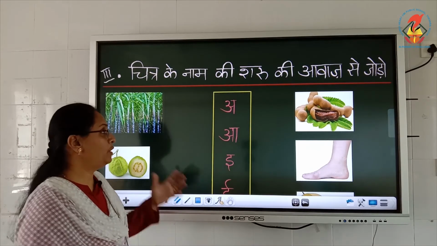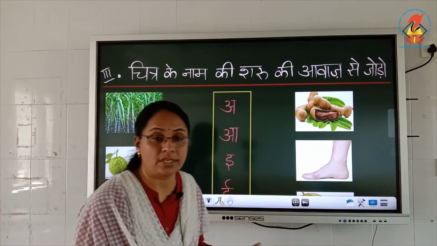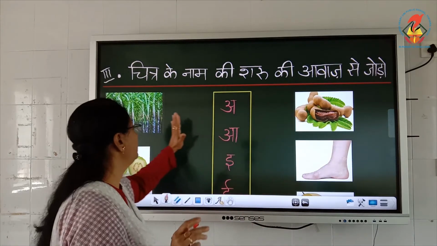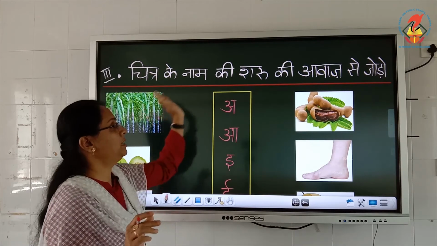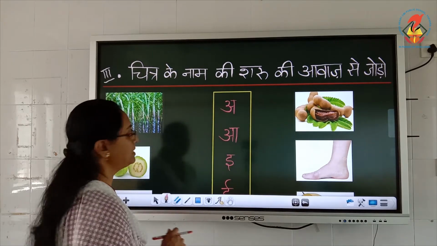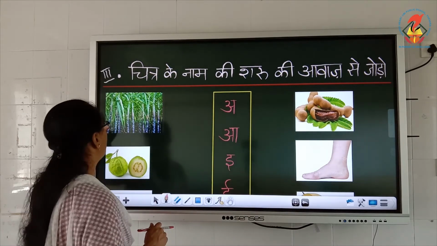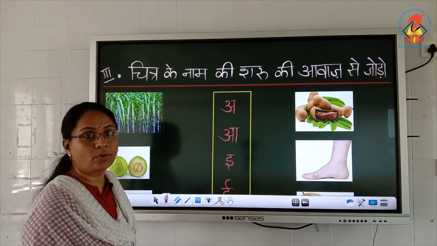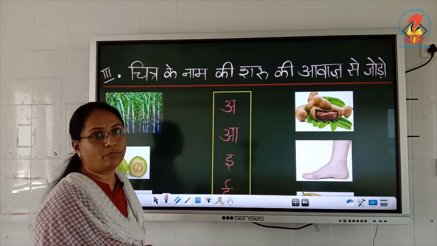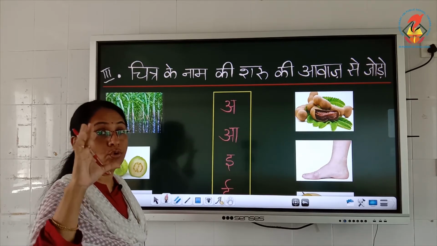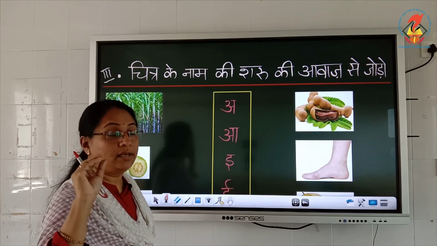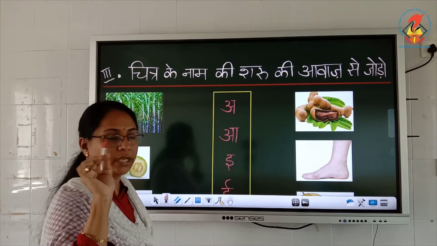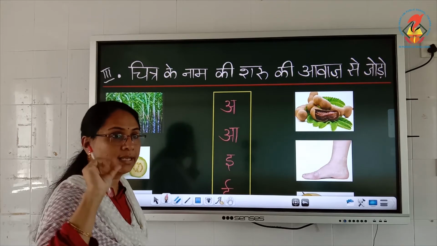So you have to know the name of the pictures. So first we will write the names. Shall we write simultaneously, one here, one there? Okay, let us write the name. You can write anywhere you want to, wherever there is place, but near the picture. Don't write very big. Write in small letters, like handwriting. छोटा छोटा लिखो. कैसे लिखना है? छोटा करके लिखना है.